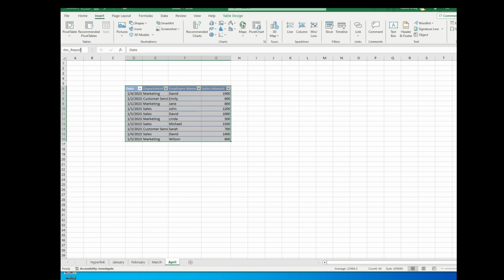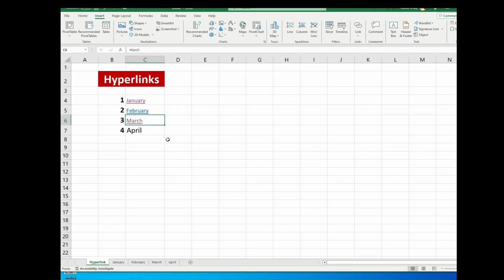Whenever you name a range, make sure you don't leave any space. After naming the range, go to hyperlink. Since I am going to link this one to the specific named range, select this